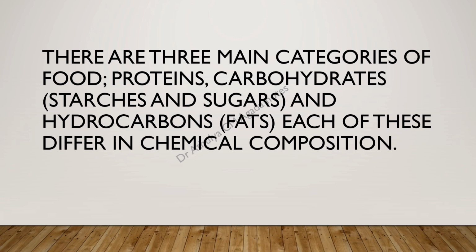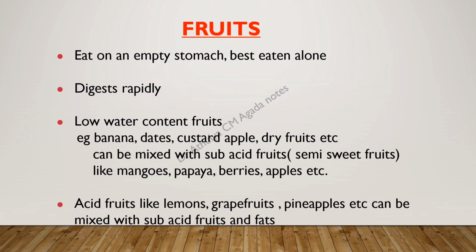Their digestion, the enzymes, their medium of digestion, everything, and the time to digest the food items, they differ in every aspect. That is why when foods are improperly taken, or an improper combination is made, they are not able to get digested and it results in fermentation and putrefaction, which we have discussed earlier. Let's look into each of the food items, which can be combined together and which cannot.